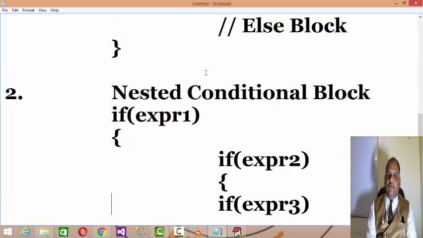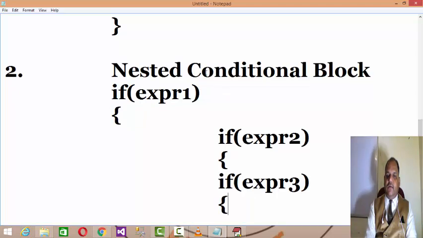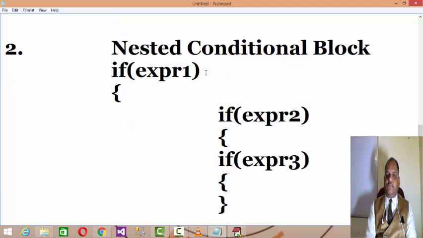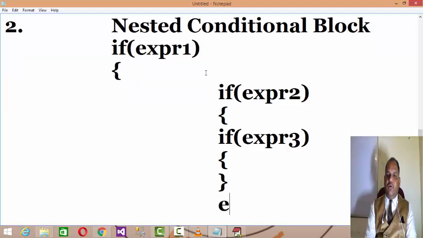If this is true, then this is also true, then this. Let us understand that you are in the then block of expression 2. Now expression 3 also has an else block.